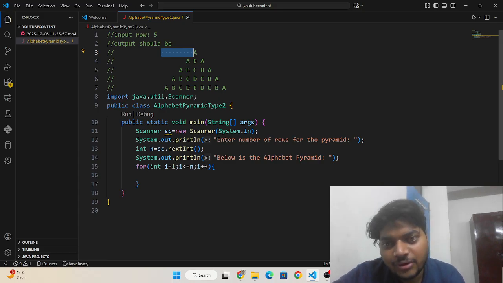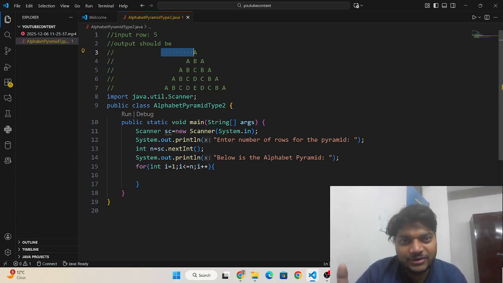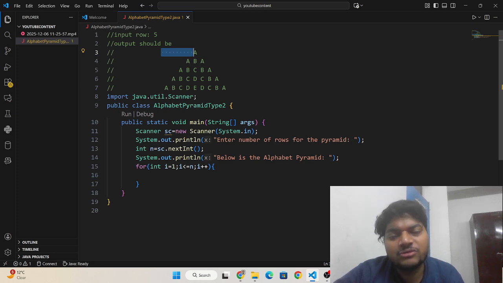If you enter the number of rows as 5, and you are in the first row, then the number of spaces left before the element in that particular row is n minus 1, meaning 5 minus 1, that is 4.